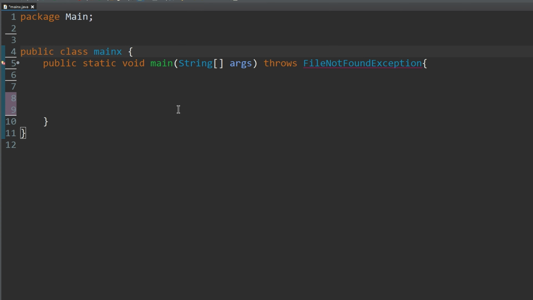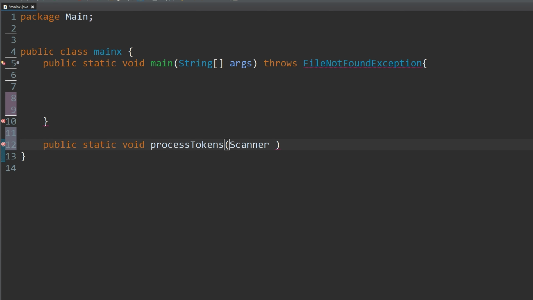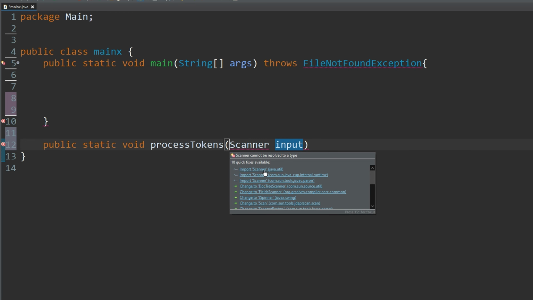Scanners can also be taken as parameters. So this is a main method, but we can also have a method below this, and we can call it public static void processTokens. And inside of here, we can take a scanner as a parameter. We would need to import this,